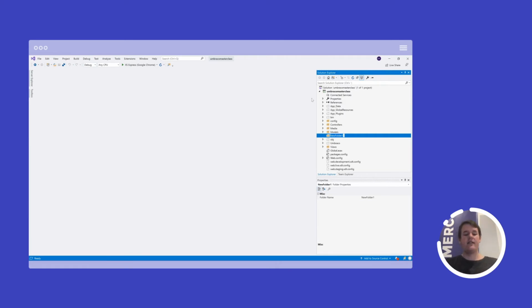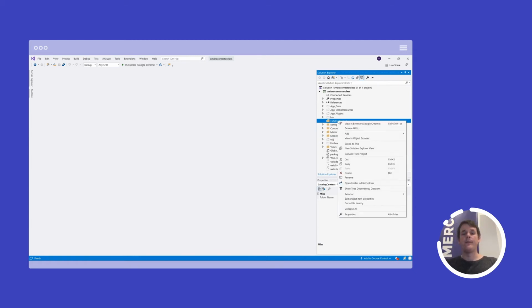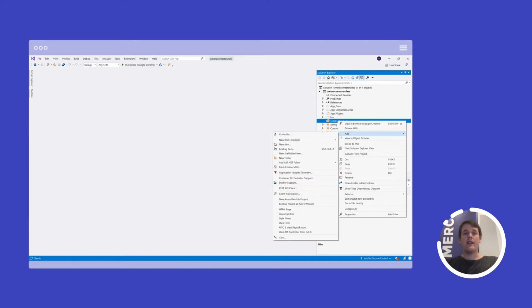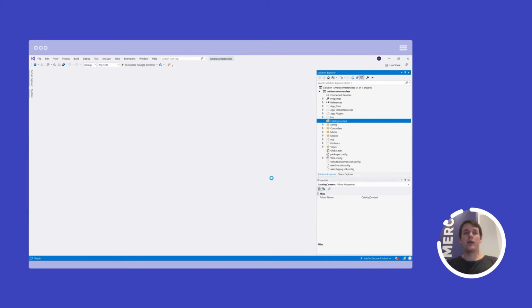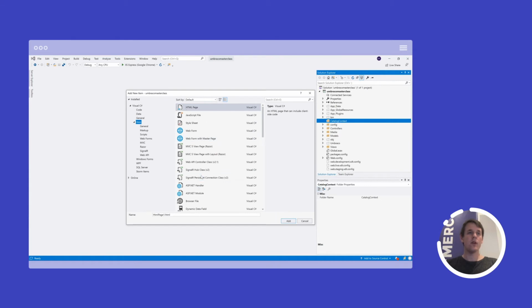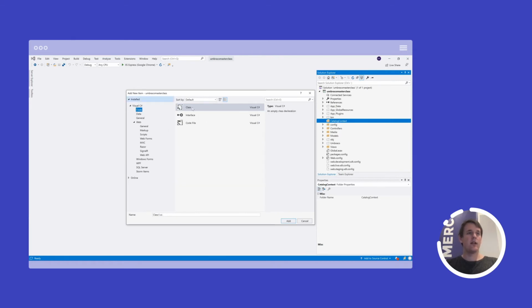But in this case, let's just use the single project that we have here. It's up to you how you want to define it. There are no rules that you need to adhere to besides your own best practices. All right, so let's create a new class and call that CustomCatalogContext.